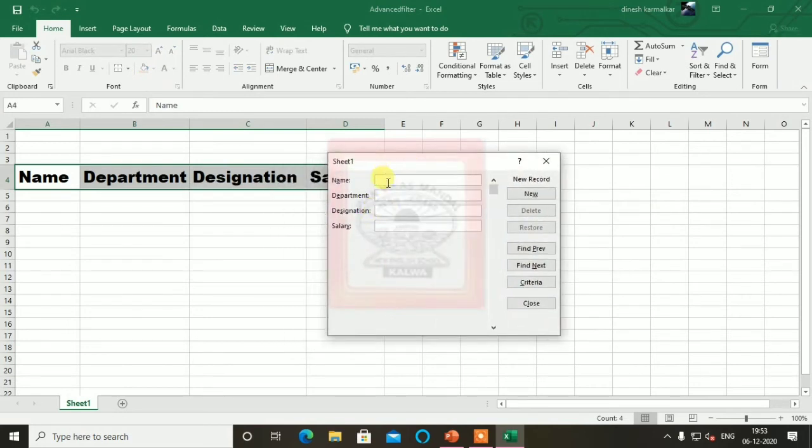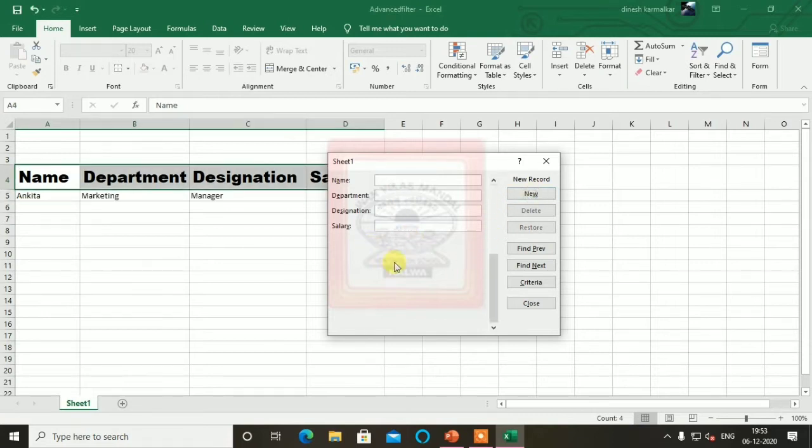Name, department, designation. The first name which is given here in your book, that I am entering here, Ankita. Department I am not able to see here. Sorry, department is not manager. Designation will be manager. Department, let's say I will write here marketing, and salary, which is given in the book, that only I am using here. In the book it is given around 25,000, that I am using.